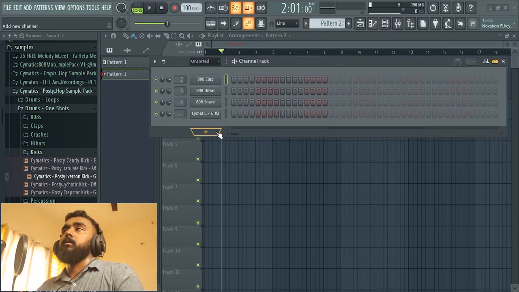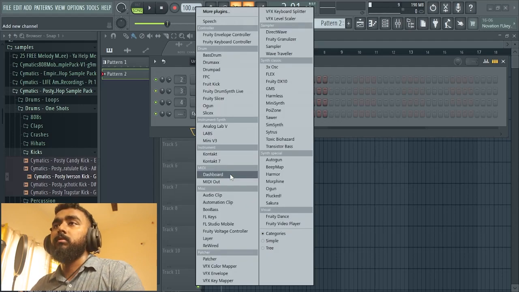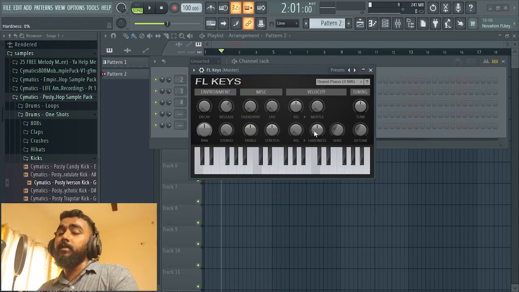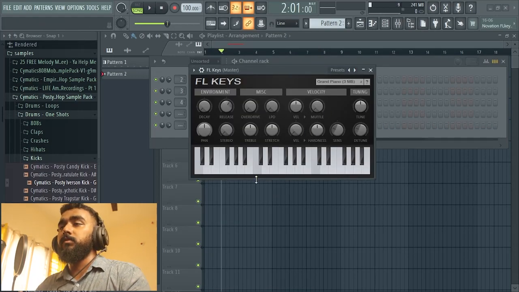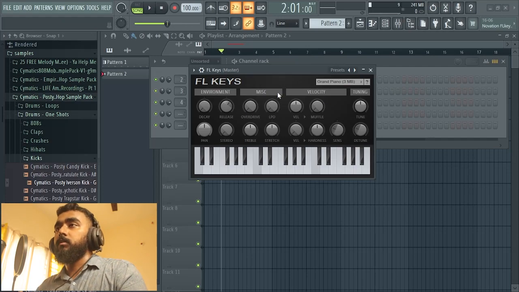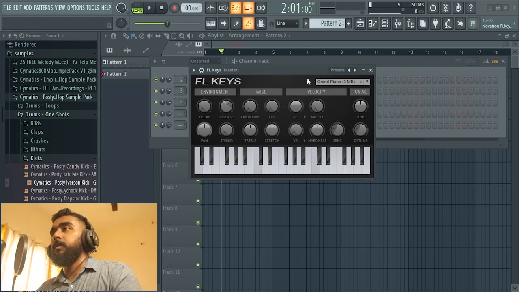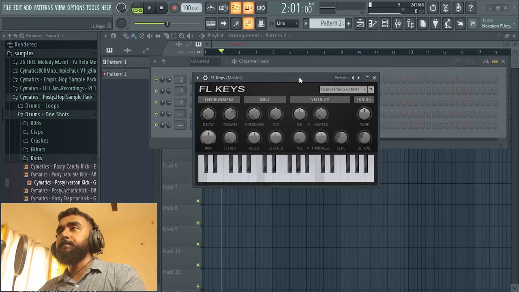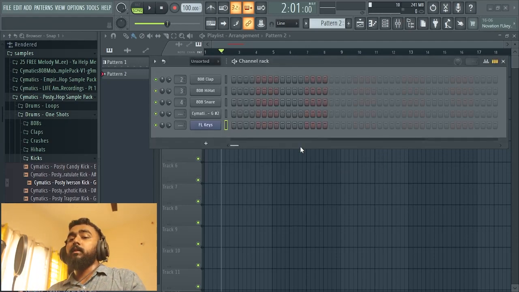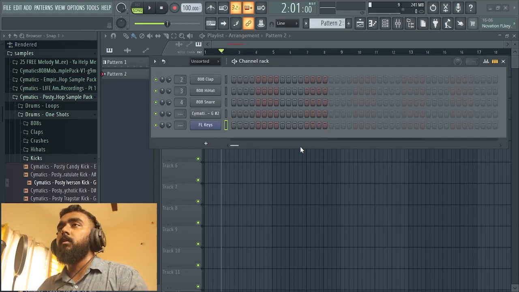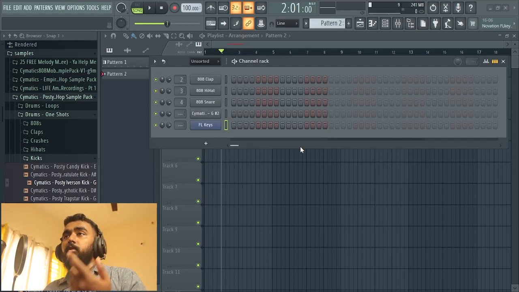Now let's say we want to add a keyboard. So where's FL Keys? There it is. So this is FL Keys, the FL Studio's default stock piano plugin. So now we want to make a chord progression or a melody. So in order to do that, we have to go to the next part of the video, which is piano